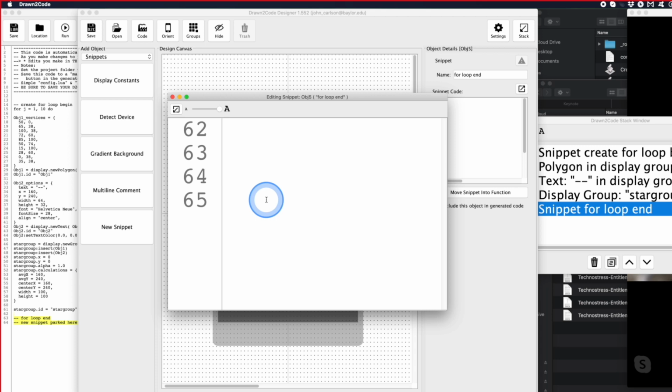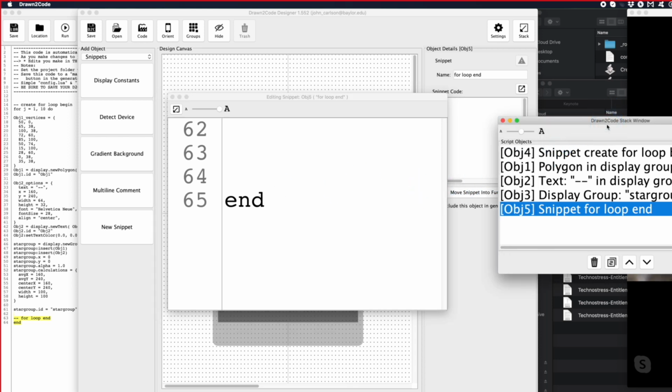At the end, just so that I don't forget it, we actually need the end, because that's the end for the for loop. So looking at your stack, object 4 starts the loop, object 5 at the bottom ends the loop. Everything in between those 2 snippets is part of the body of this loop. It will execute 10 times